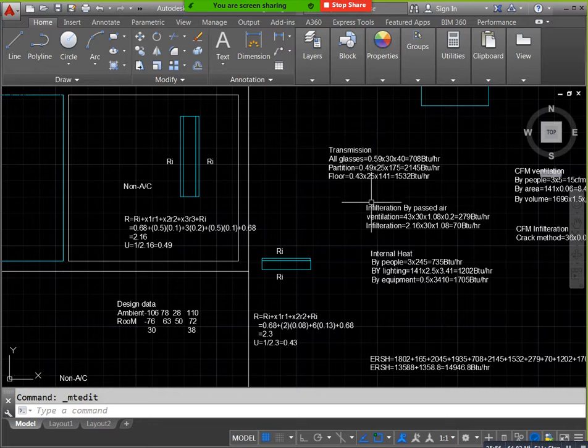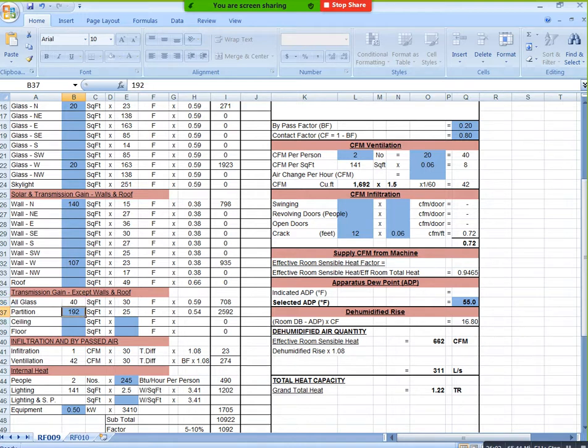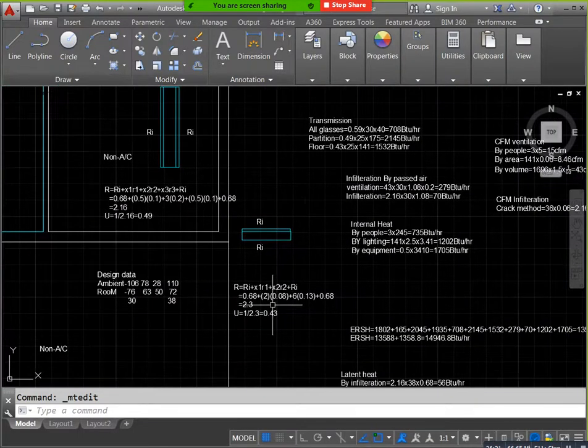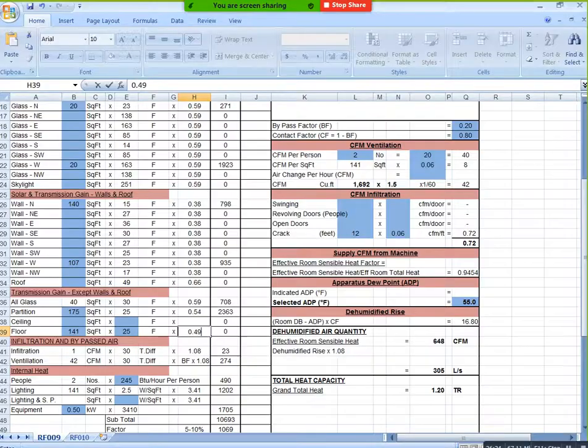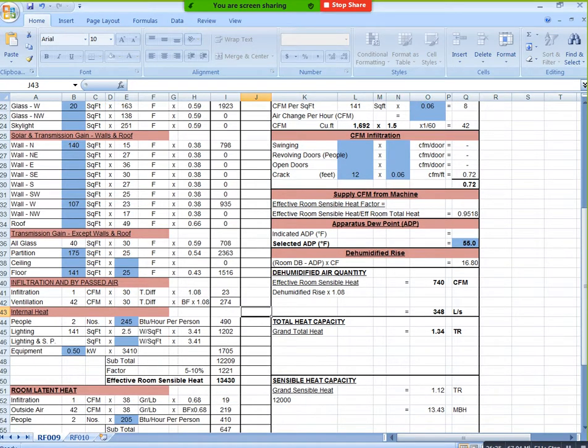After mentioning this, we need to change these values and the temperature differences also. Then you can go here. Now we calculated this up to the floor. Then we can go for CFM ventilation. Here you can mention 3. Here you can mention CFM per person 5. These values we got from that. Now 0.042. Next here we have the crack method, 36, our perimeter of the windows. Now you can see 2.16. The operator is 2.5. Here we have 0.93, we got 0.94, not a problem. Now you can see 758 CFM, liters per second. At the same time we mentioned all the data.